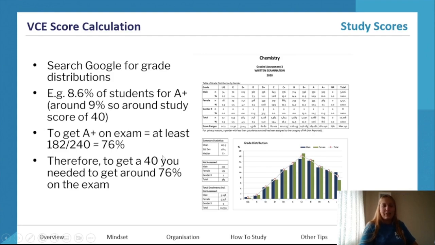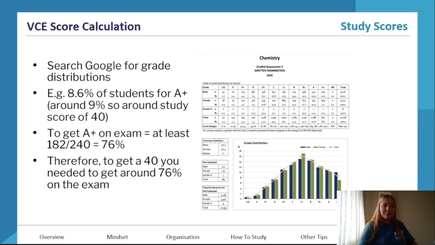So for example, to get an A plus on an exam, it's saying that you need about at least 182 out of 240 total marks, so 76% at least. So then it's that whole range, that's that 9% of students between 76% to 100% score, right? The 100% that likely got 50 study score, just the people that scored 76% likely just got a study score of 40, and puts it into perspective